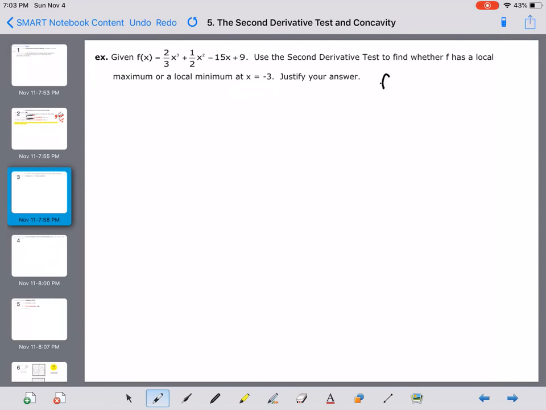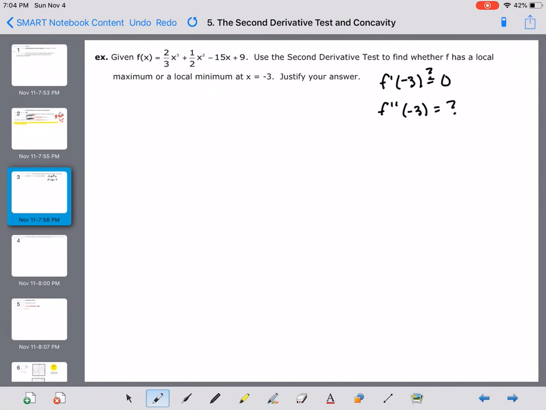There are first two things we have to see. We have to look at what our derivative is at -3. Is it equal to 0? Because if it's not equal to 0, it can't be classified as a max or min. And then I want to look at the sign of that. Okay, so that's really what I want to look at. I want to plug it in and figure out what that value is and use our second derivative test